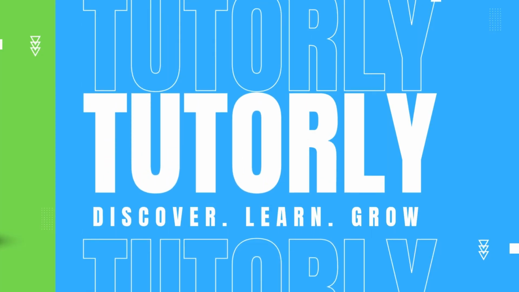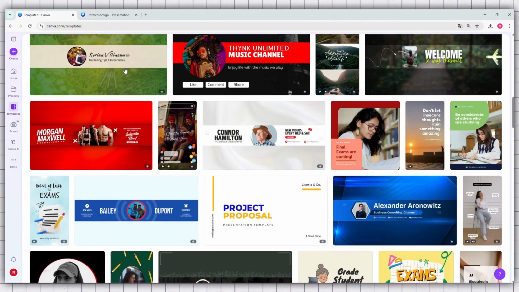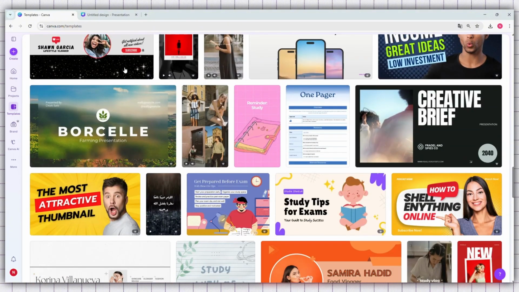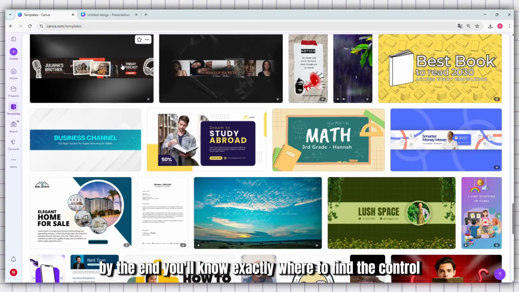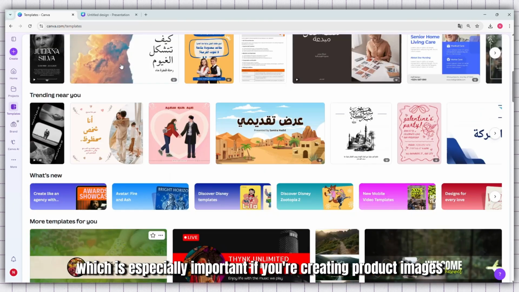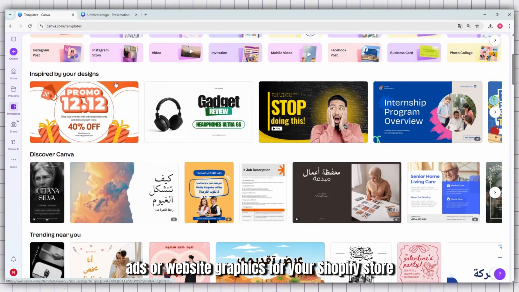So in today's video, I'm going to show you exactly how to adjust contrast of an image in Canva, one of the quickest ways to make your visuals look more professional and eye-catching. By the end, you'll know exactly where to find the control and how to use it to make your photos pop without overdoing it, which is especially important if you're creating product images, ads, or website graphics for your Shopify